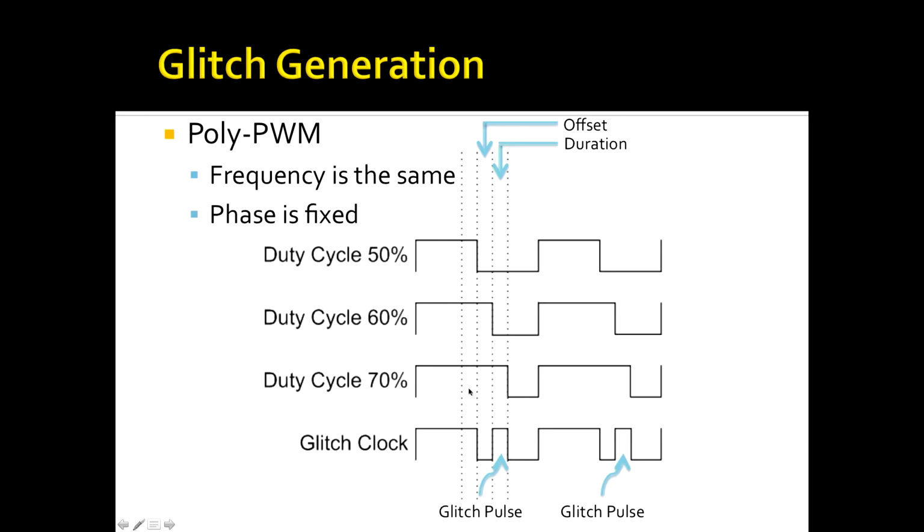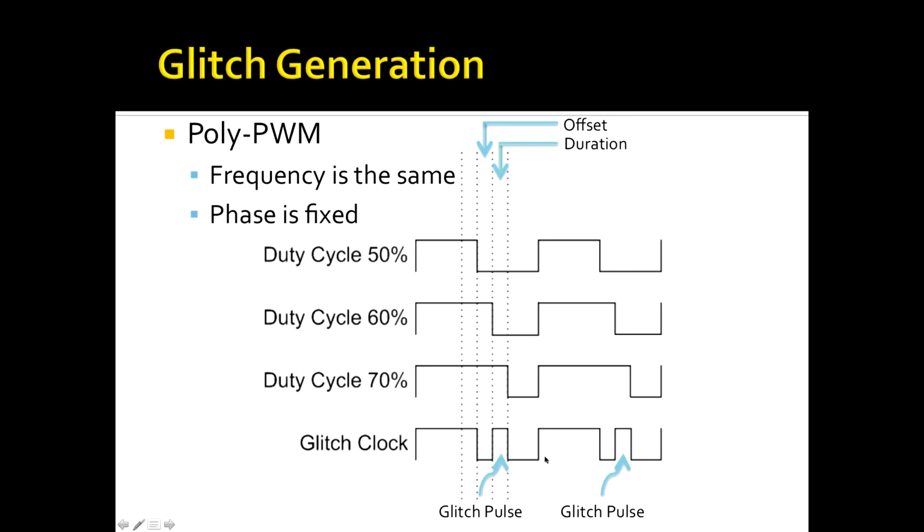And so what happens is, when you run these through those two XOR gates, the difference between the first and the second pulse gives you when you want the pulse to start. So that's right, this left side of it right here is when you want it to start in horizontal relation to the on part of the pulse. And then this third duty cycle wave, the difference between the third and the second, so the 70% and the 60%, gives you how long you want the actual glitch pulse to last for, or how long you want it on for. So this is actually a pretty flexible method, and you don't need PLL hardware in your device if you want to be able to generate these waveforms.